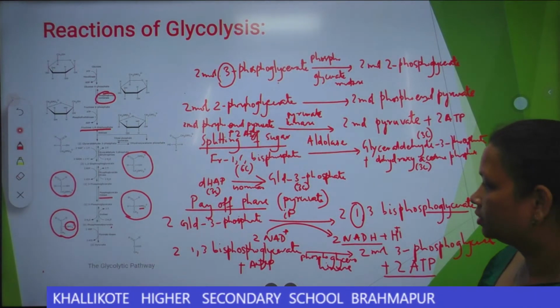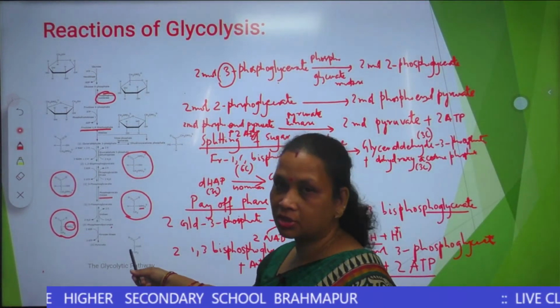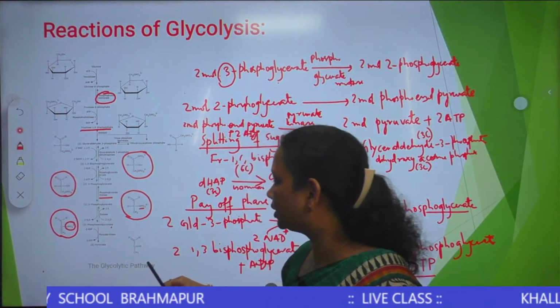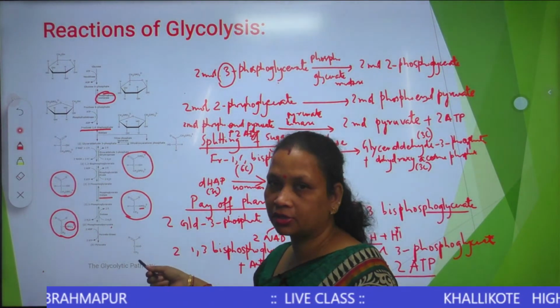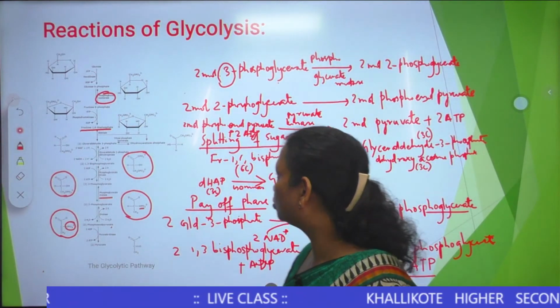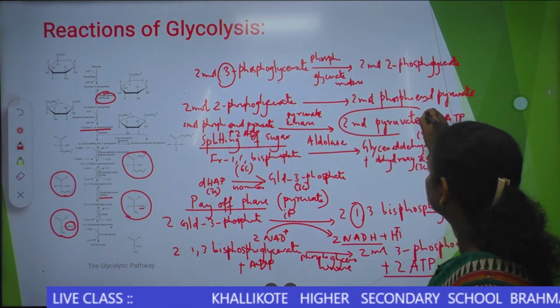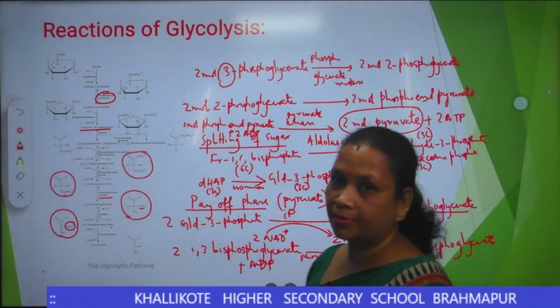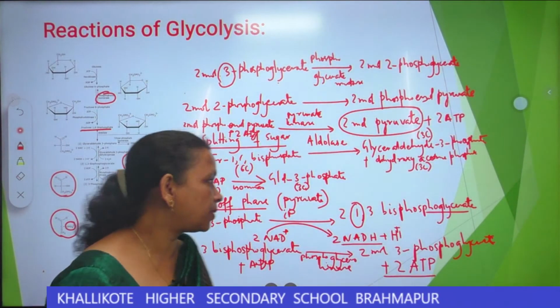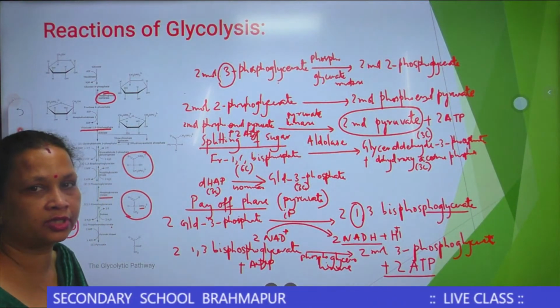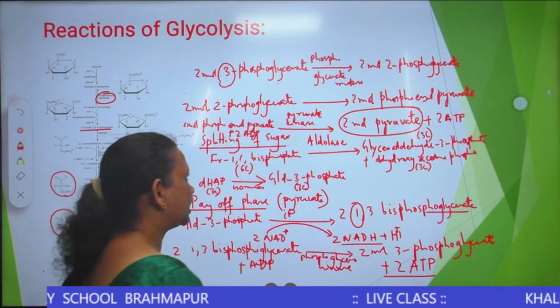The final product of glycolysis will be 2 molecules of pyruvate. So, coming to this step, up to the formation of pyruvate is common for both aerobic as well as anaerobic